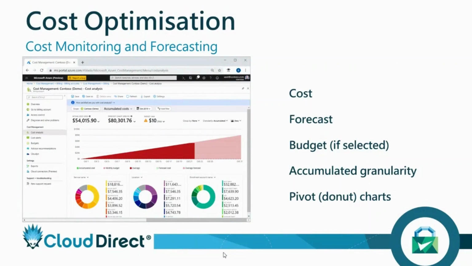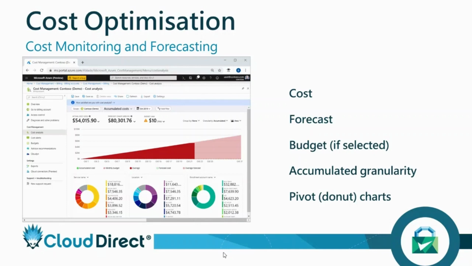So before you can properly control and optimize your Azure costs, you need to understand where those costs originate, and who is driving those costs within your organization. If you're already on Azure, obviously if you're not on there at the moment and you're looking to move, this isn't particularly relevant. But once you do have workloads on there, there's a cost management and billing